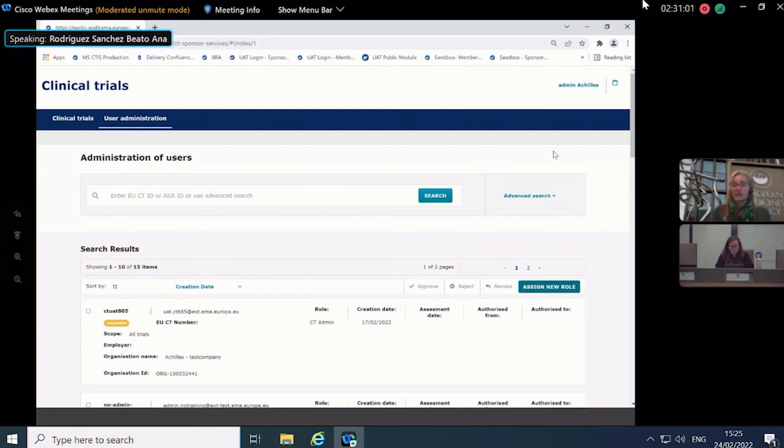EMA validates the high-level administrator, the sponsor administrator, and then the sponsor administrator has the responsibility to decide who is going to be assigned roles in the context of trials under the umbrella of that sponsor organization, and therefore cascade down the permissions to city admins, and the city admins to the ones below, the normal users that will perform in practice the business activities. So there is no need for power of attorney. I think this is more working outside the system, according to your contractual arrangements between a sponsor and the CRO.